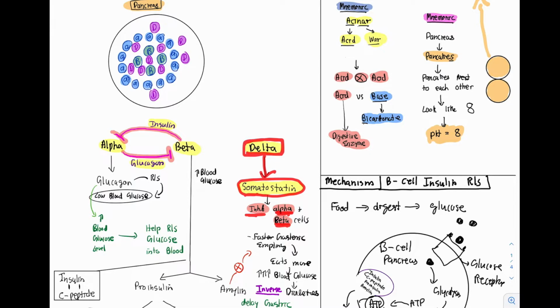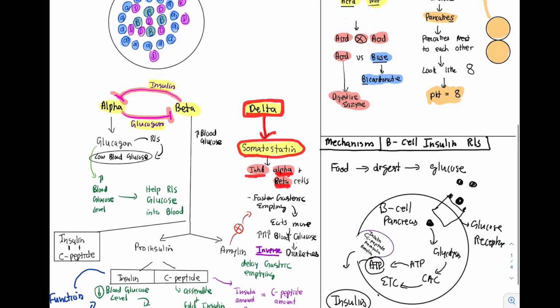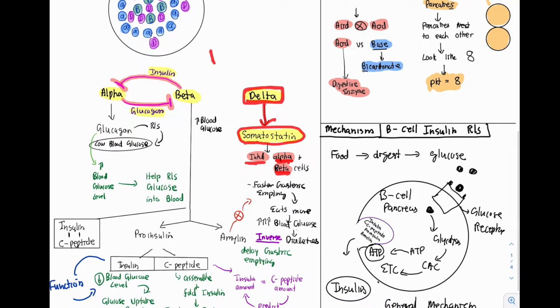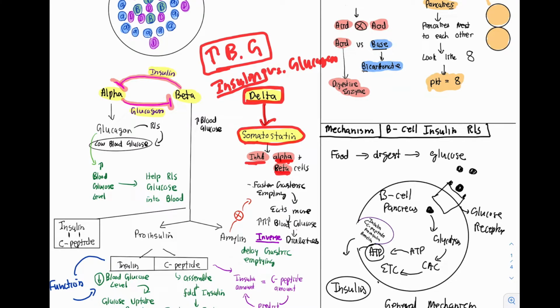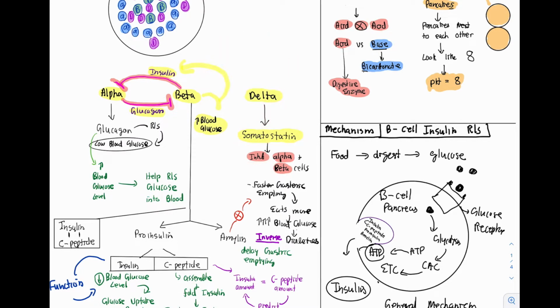Let me ask you an important question. When there is an increased blood glucose level, is the insulin secreted or is the glucagon secreted? In response to the increased blood glucose, the beta cell senses the glucose and secretes insulin. And insulin inhibits the alpha cell, so glucagon is not secreted. Since insulin is secreted in response to high blood glucose, the blood glucose eventually decreases because